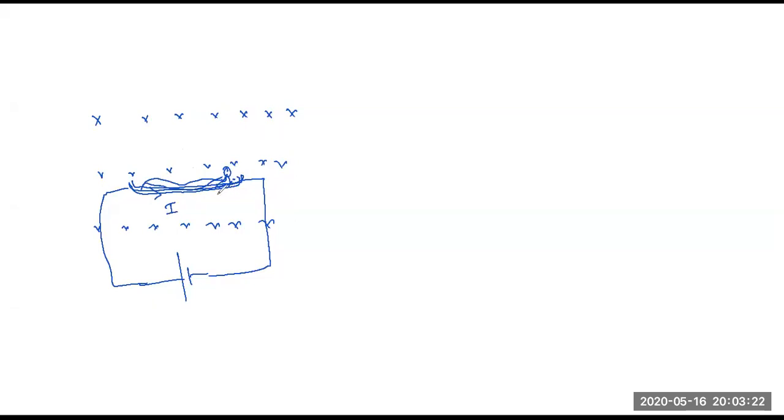If a current flows through it, then there will be a force that will act on it, and that is what you call magnetic force. In which direction will that act? Current is I. Anyone? Upwards? Yes or no? Yes, sir. ILB I can write. If this is equal to mg, the person can float, right? Yes or no?